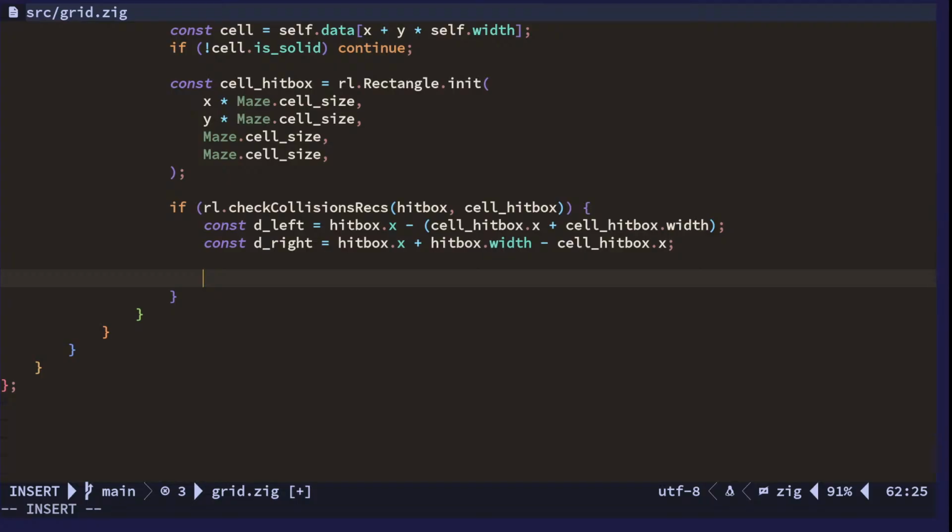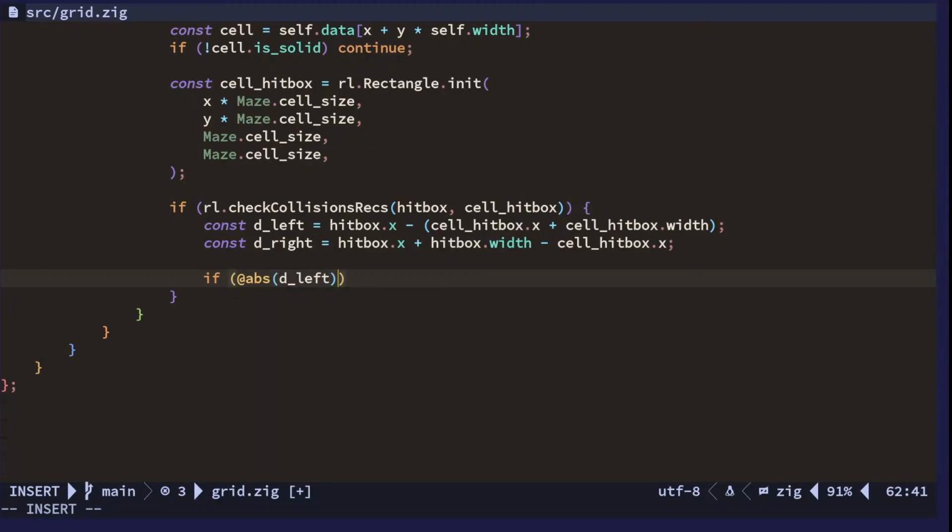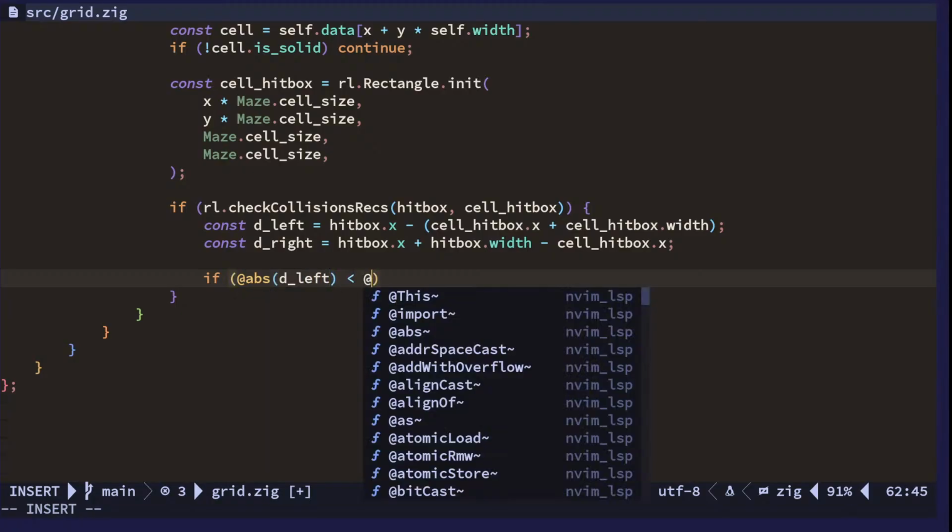So left. If we approach from the left, we go into the wall. The left hand side is past, so that should be the shorter. Yeah, so we're going to pick the one that's lesser. So if abs of the left is less than,